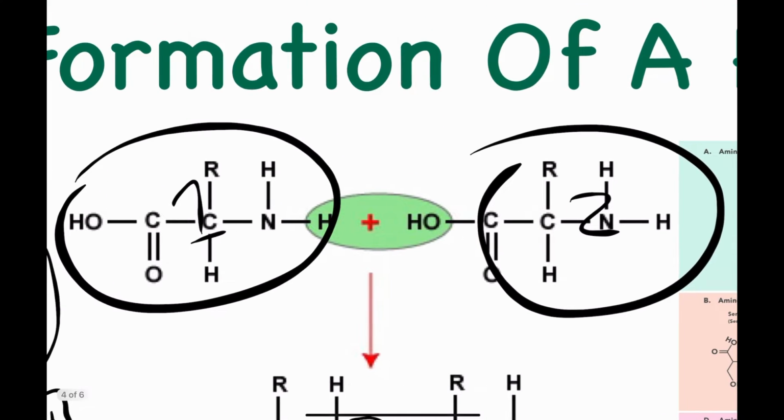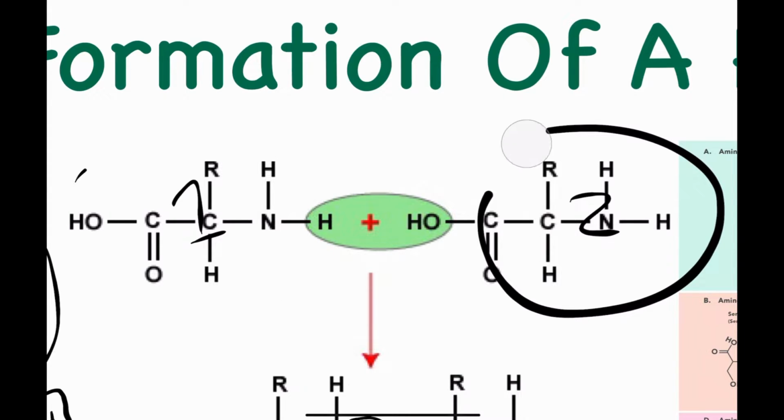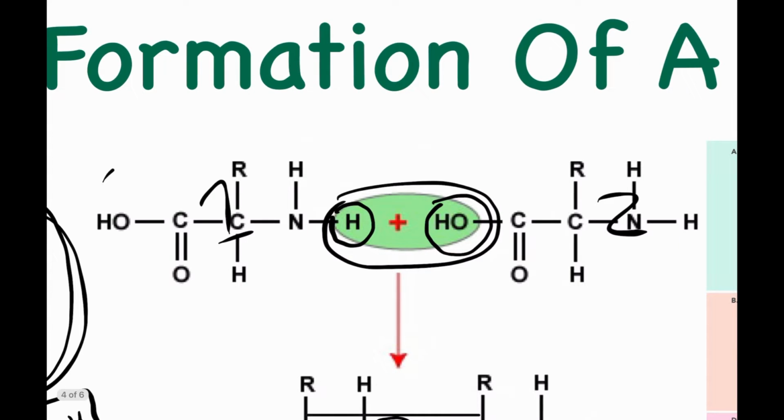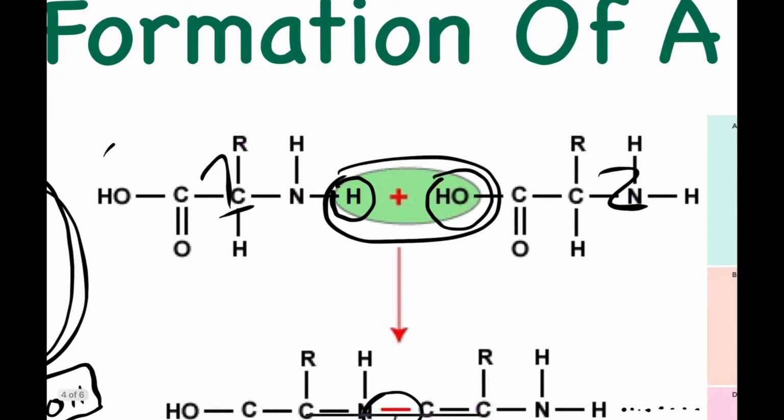Okay, so how does it bond? As you guys see here, and let me just erase this so we have some room so you guys can see where it's attached via the hydrogen and then the OH group at the end of the amino acid. And this is called a condensation reaction.